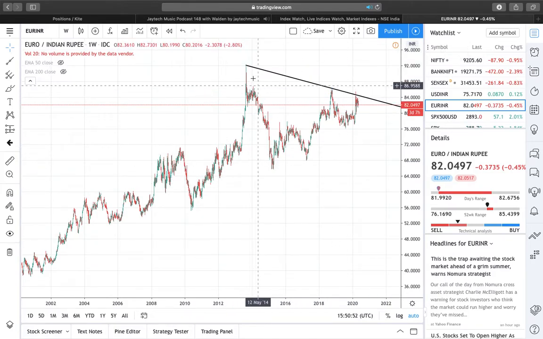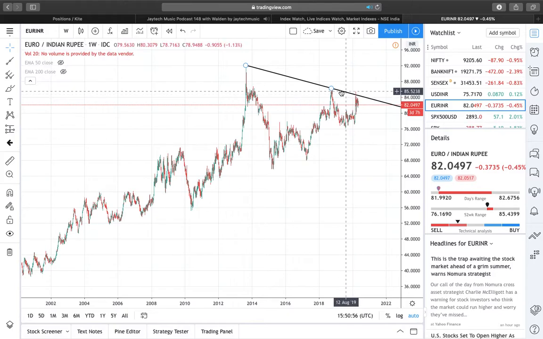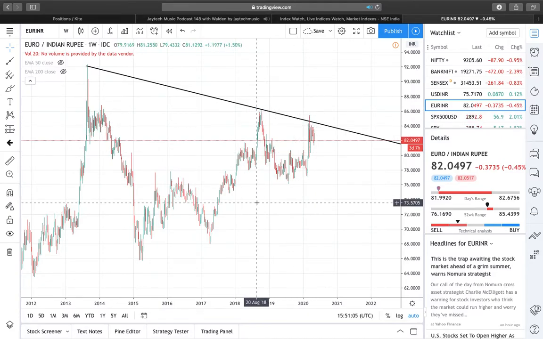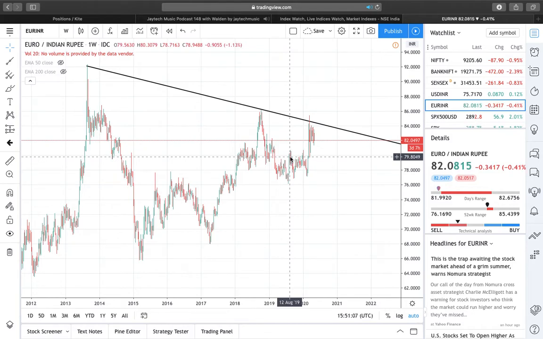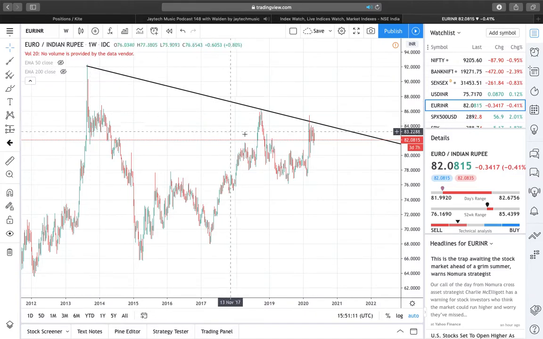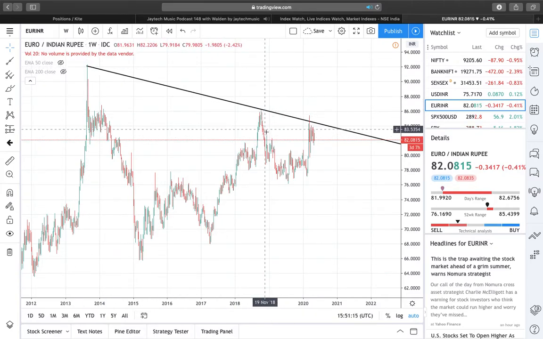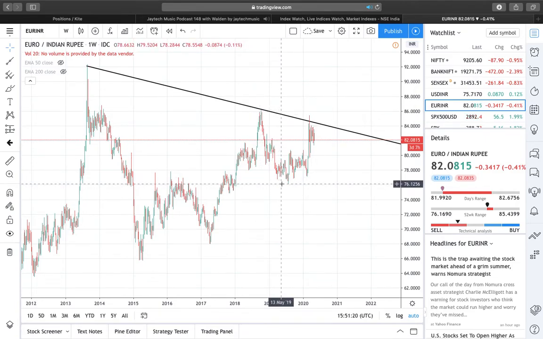And what we see is from the pivot 1, 2, and 3, we basically see a clear rejection from this particular upward trend line. So the question is, is this a relevant trend line, yes or no? By definition, what we want is 3 clear tests. The first one lays the foundation. The second test is confirmed here because after creating a high of 86, we see the euro make a low of 76, which is a good